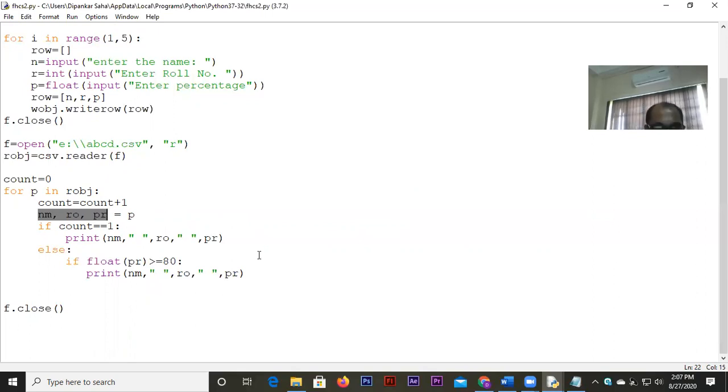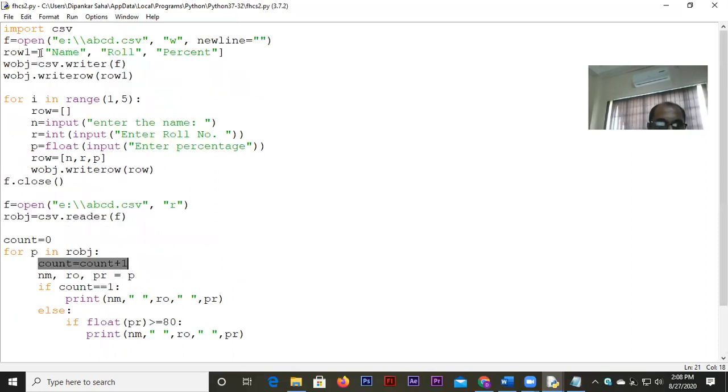And when I unpack these values, basically I check if the value is more than 80%. But here one small problem was there. I had to check the value of count, because when count is equal to 1, pay attention to this very carefully. When count equal to 1, count is increasing. First time when this for loop worked, count became 1. Count 1 means I'm reading the heading. So from the heading, obviously, I cannot unpack the values, because for comparing I have to use numeric values, and then find out who is more than 80%, who is less than 80%. That doesn't make any sense, because these are just strings.